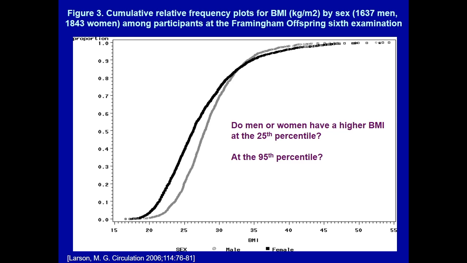Where it intersects for females would be at about 21 or so, 22 maybe, and where it intersects for males is more like 25. So a BMI of 25 is higher than a BMI of 21, which means men have a higher BMI at the 25th percentile in this example. And then it also asks at the 95th percentile who has the higher BMI. So we go up the y-axis to 0.95 and come over to see who we run into first. In this case, it looks like we have